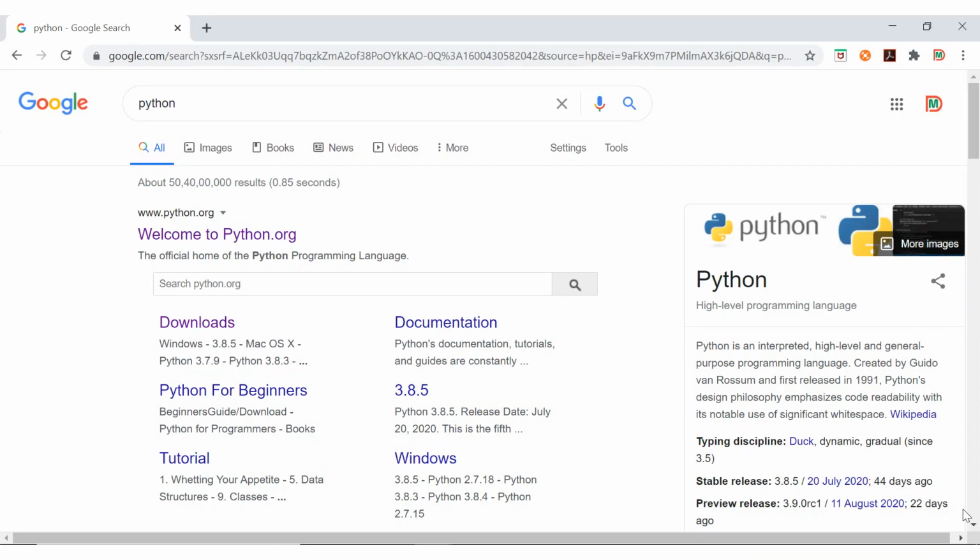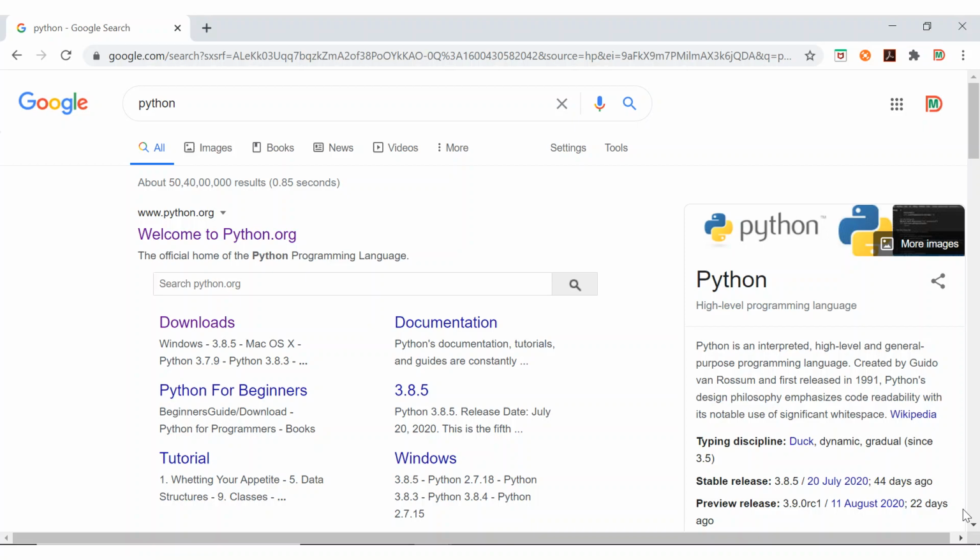I'm going to do this on a Windows machine. You can install Python and Django the same way on other environments like Linux or Mac. It's not going to be much different, and it's easy to install Python and Django.